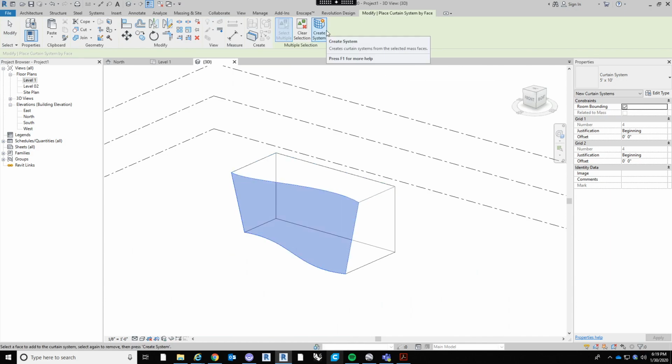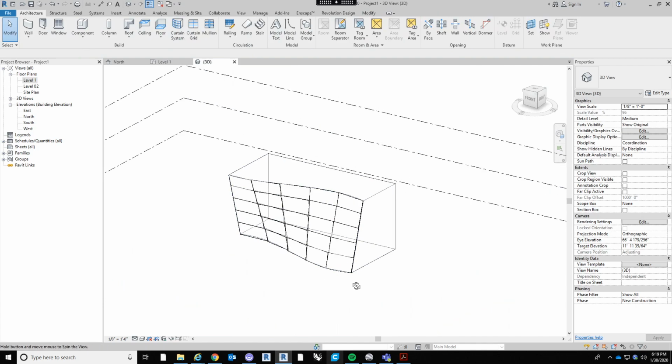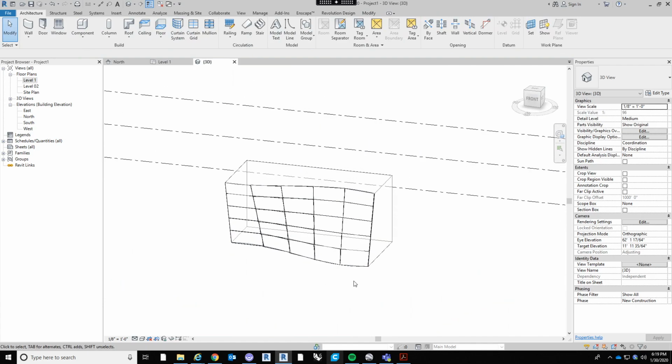Select the double curved surface, and then create system. And we create a system. So I know you guys knew how to do this already, but we're going to go into a little bit more detail on the curtain wall and the curtain system and the different parameters that you can plug in, how you can manipulate it to be not just a typical glass curtain wall, but you can have any kind of